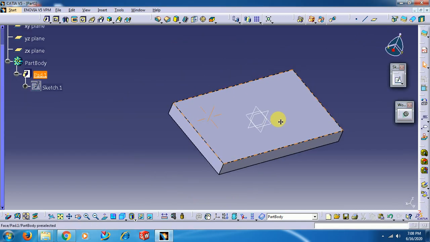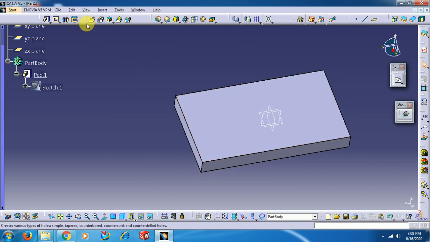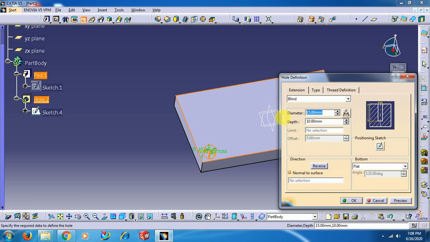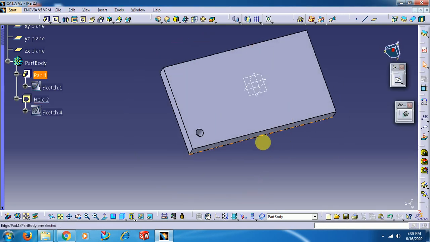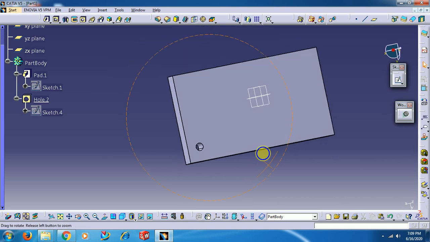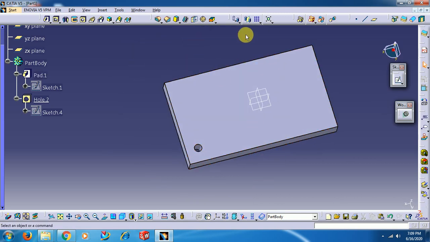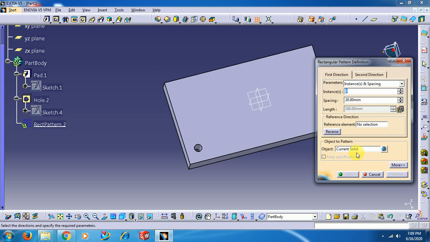on this rectangular block. I go for the hole option and I use some 10 mm dia hole. And like this, I am creating a number of holes in horizontal and vertical direction by using the command rectangular pattern. Select this hole,